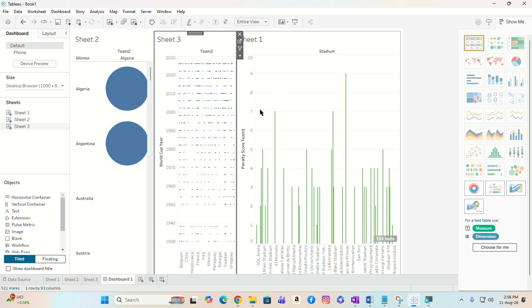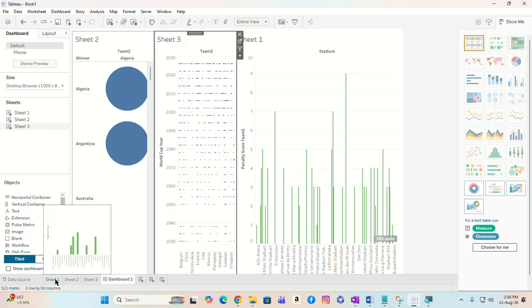So in one go, we are going to see that entire dashboard is visible. So this is how you created one dashboard using Tableau. So one task is done. We created a dashboard by using Tableau. I mean to say, at the bottom side, 3 sheets were there. That's sheet 1,